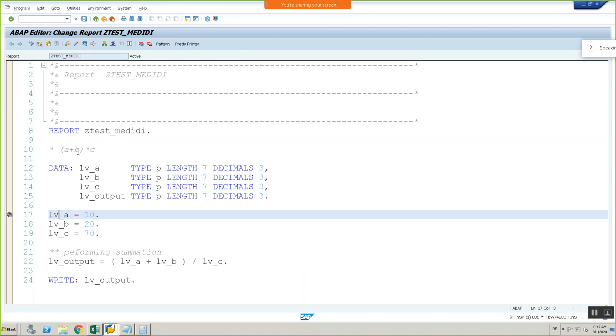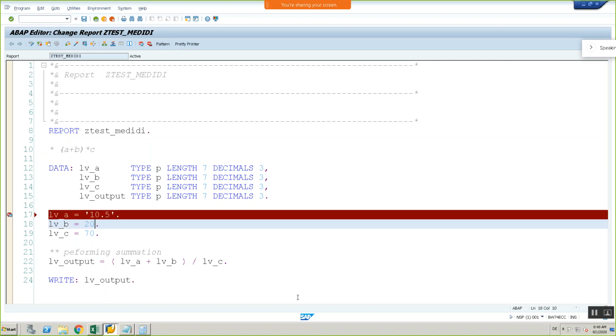The next important thing is if you want to pass a decimal point value like 10.5, you can't pass it just like an integer number. You have to include it within single quotes, then only the system will consider it as a decimal number, or else it will throw an error message.